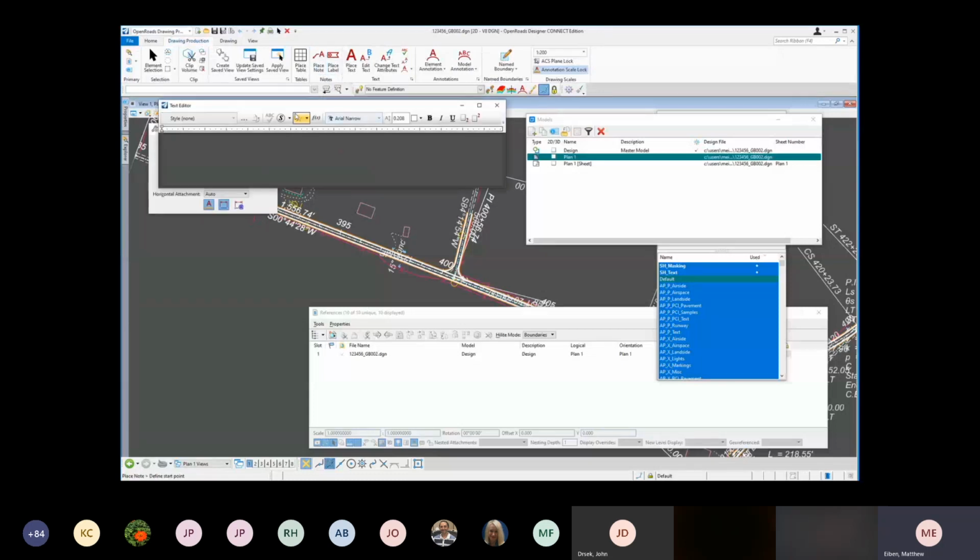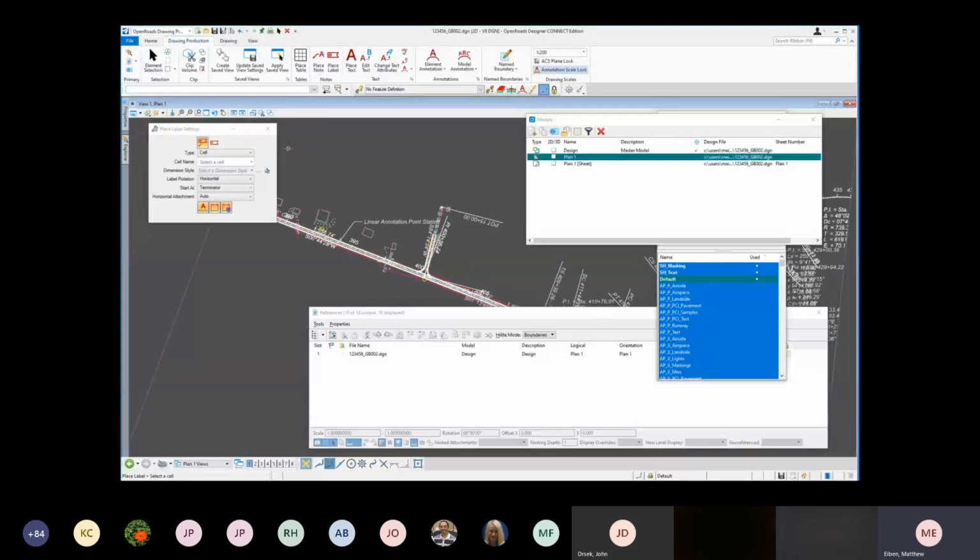If I place a note, okay, I'm not sure what's going on there, but if I place a label and I use a plan station offset,